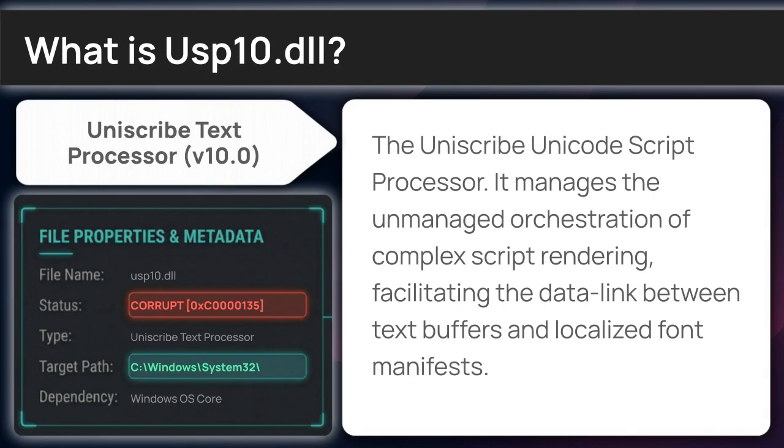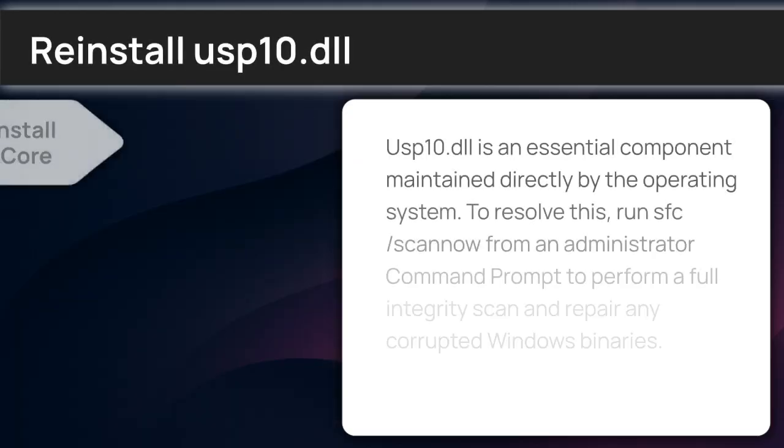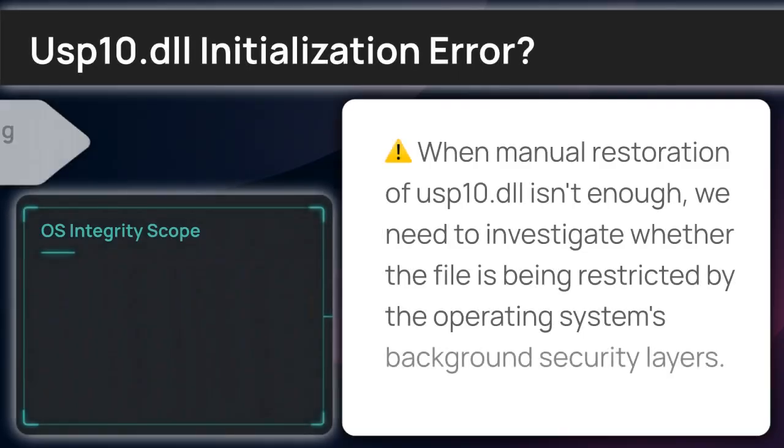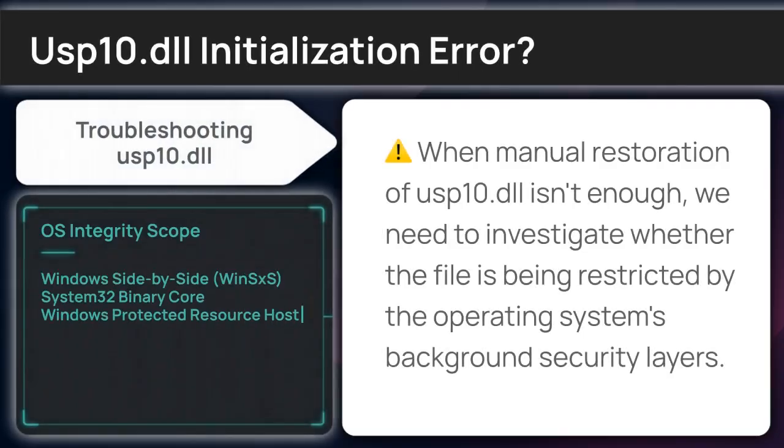Now let's dive into the solution, starting with a standard reinstallation. USP10 is an essential component maintained directly by the operating system. To resolve this, run sfc /scannow from an administrator command prompt to perform a full integrity scan and repair any corrupted Windows binaries. When a standard reinstall doesn't cut it, we move to advanced diagnostic steps to ensure the system